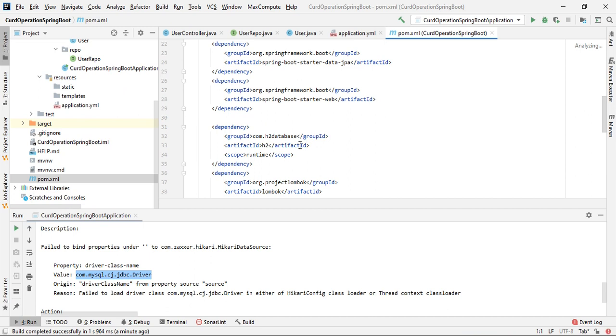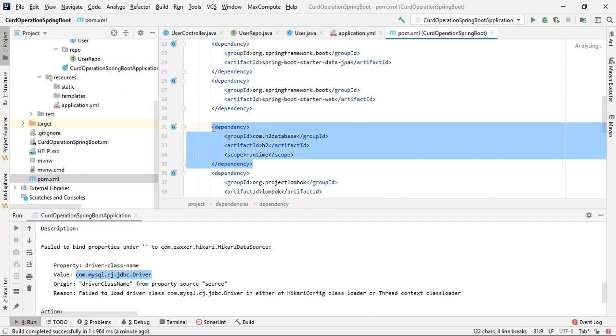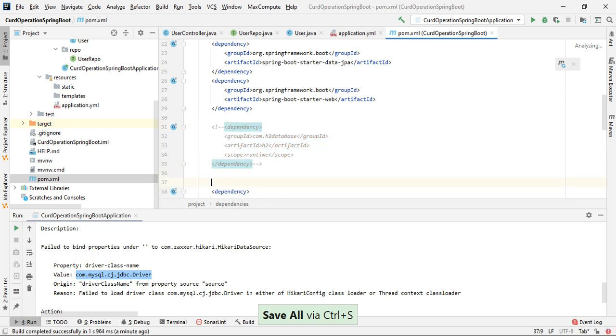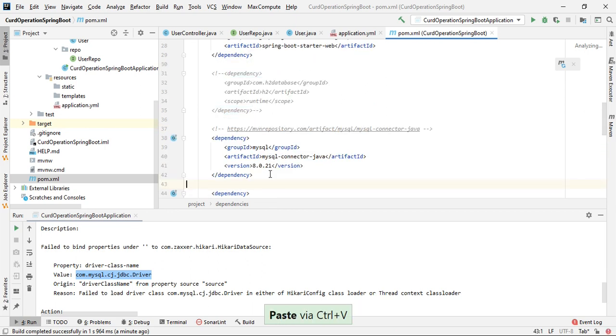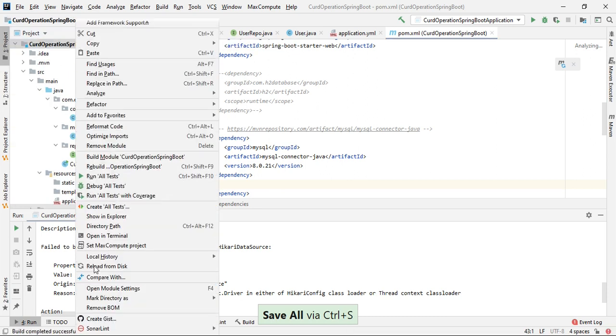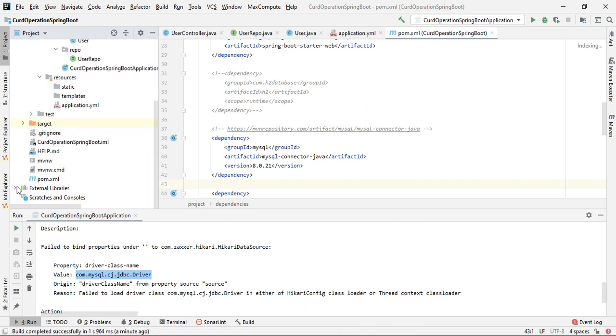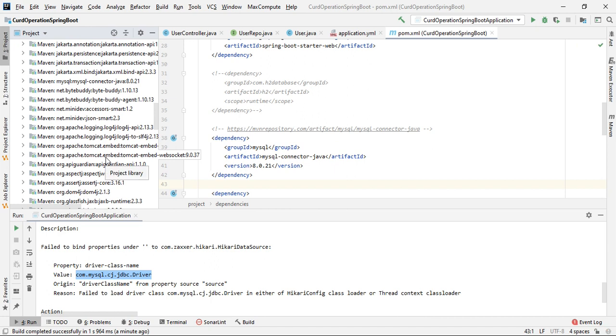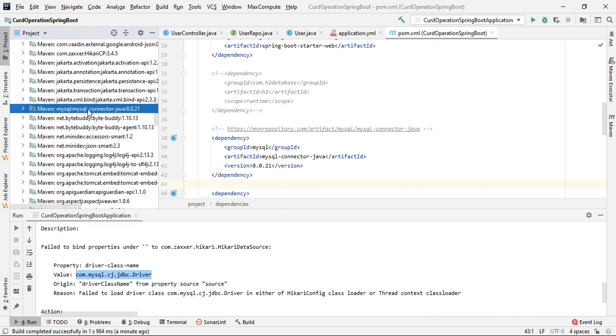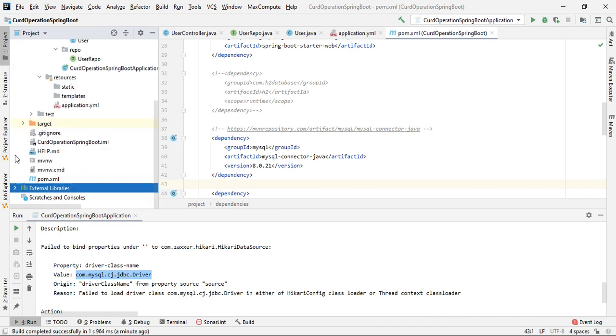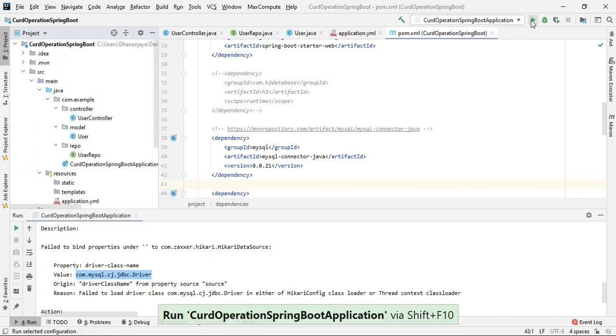Go to the pom.xml. Instead of the H2 database, I will comment out the H2 dependency and paste the MySQL one. Let me re-import the project first. Yeah, the MySQL connector is there. Let me start the application again.